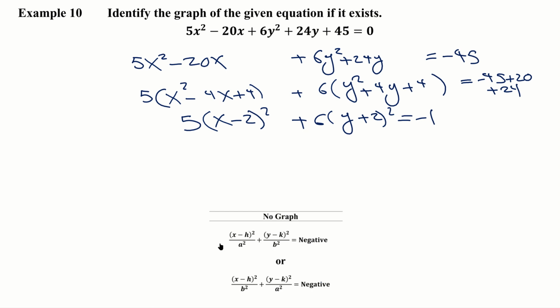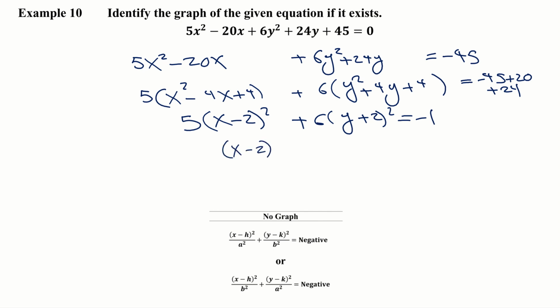Here they are. Remember, either one of these two forms would end up giving you no graph because of the negative situation. So if you want to get to one of those forms, you could, but I'll tell you, you don't need to, because this is positive times a positive number, and then this is positive times a positive, so their sum should not be negative. So we could stop right there and say no graph, but if you really wanted to go to one of these forms, you could divide both sides by the LCM of those two numbers, which is 30, and you would end up with